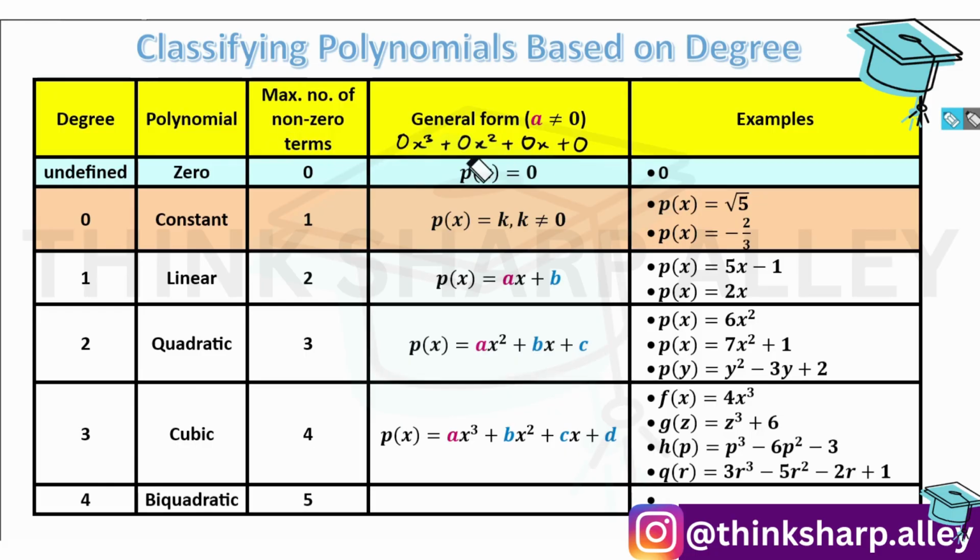Now, if we talk about terms, technically, zero polynomial has infinite number of terms. You see, here I've written a cubic zero polynomial. You can write a quadratic zero polynomial, right? Which will start from 0x square. This term will not be there. 0x square plus 0x plus 0. And then you would call degree to be 2. Now, since it does not have any fixed highest power, its degree is undefined and it has no non-zero terms, but technically unlimited number of terms, all of which are 0 only.